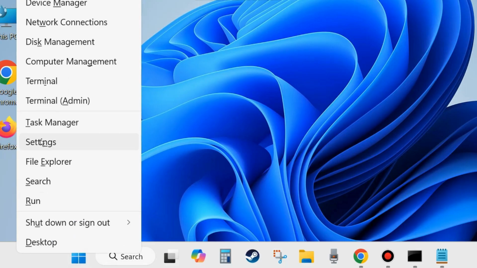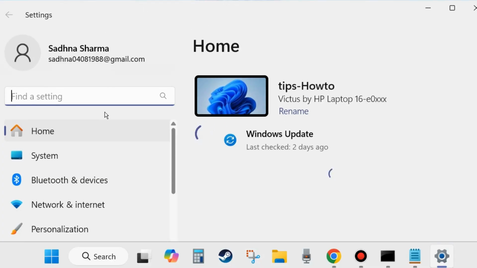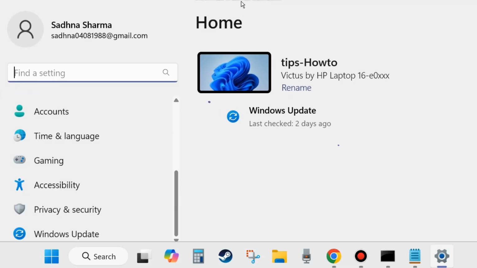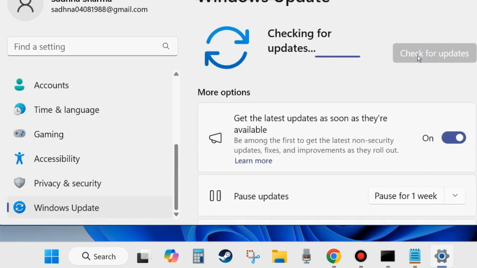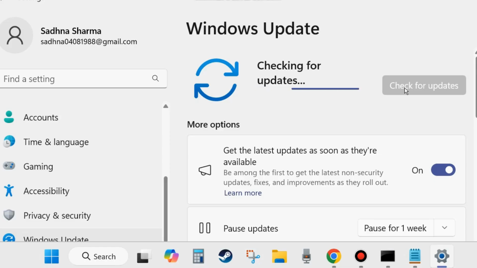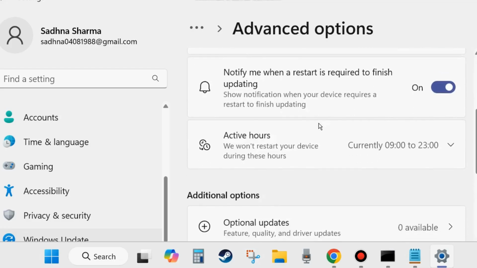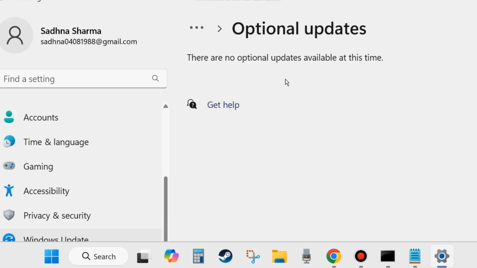And the first one is, right click on the Start button and choose Settings. Here, from the left side of the Settings page, scroll down and click on Windows Update, and click on Check for updates from the right side. Sometimes an outdated operating system may be the cause of such hindrance on your system. Thereafter, scroll down and click on Advanced options. Here, scroll down and choose Optional updates, and if any optional updates are available, simply download and install them in your